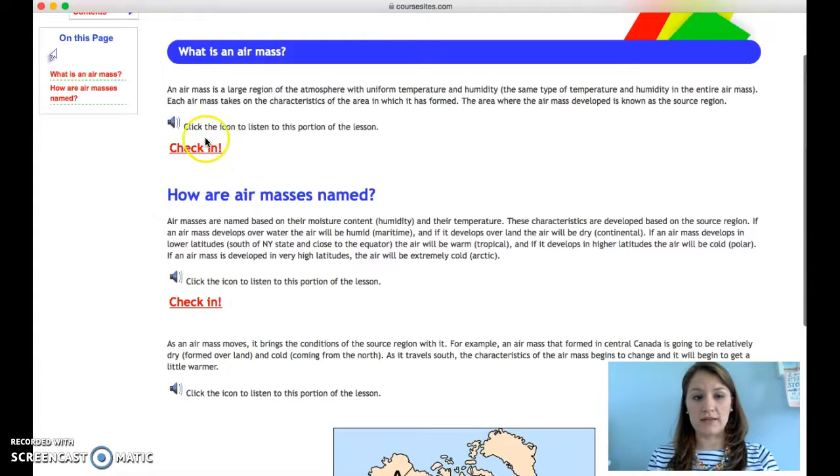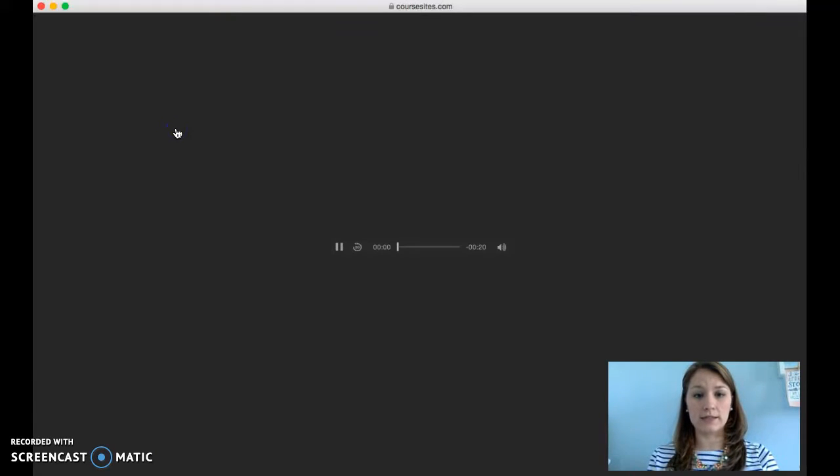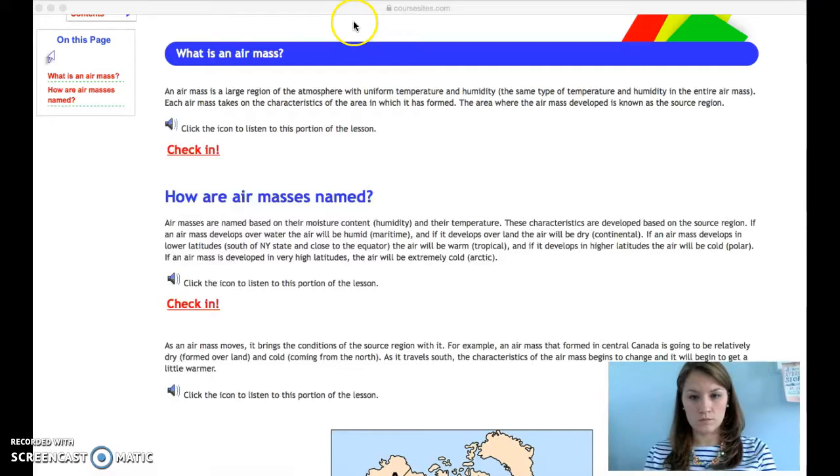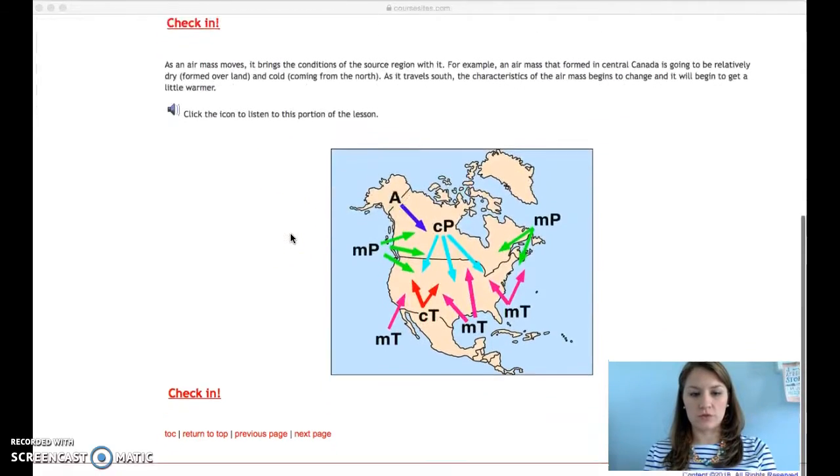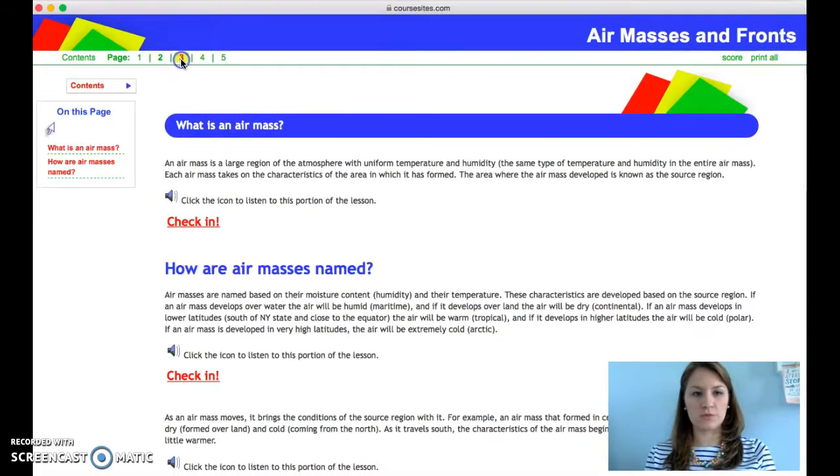Within this portion of the lesson, I also included audio voiceover for each section. So if students would like to listen to the text after reading it, they can do that as well. If we click that icon here, an air mass is a large region of the atmosphere with... So students would then be able to listen to that recording and then go back to this page here. As they scroll through, we're going to move on to page 3,